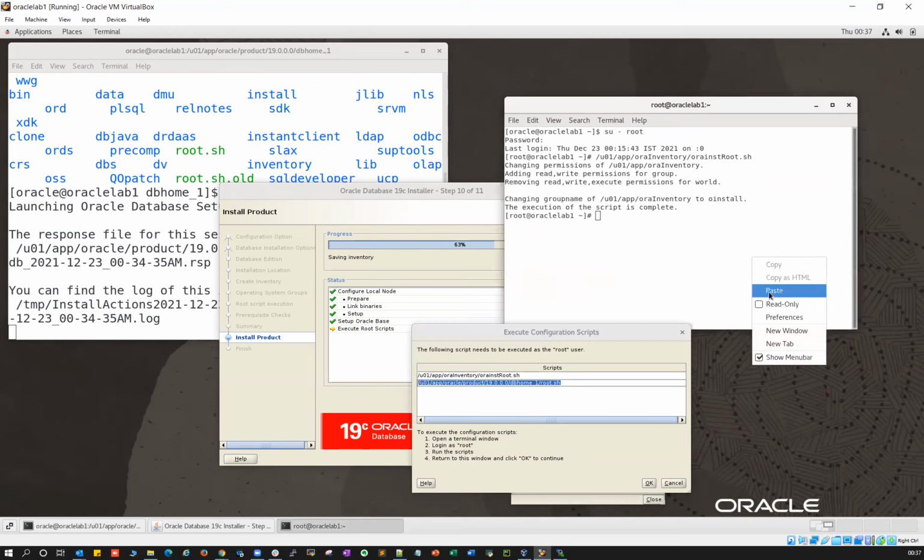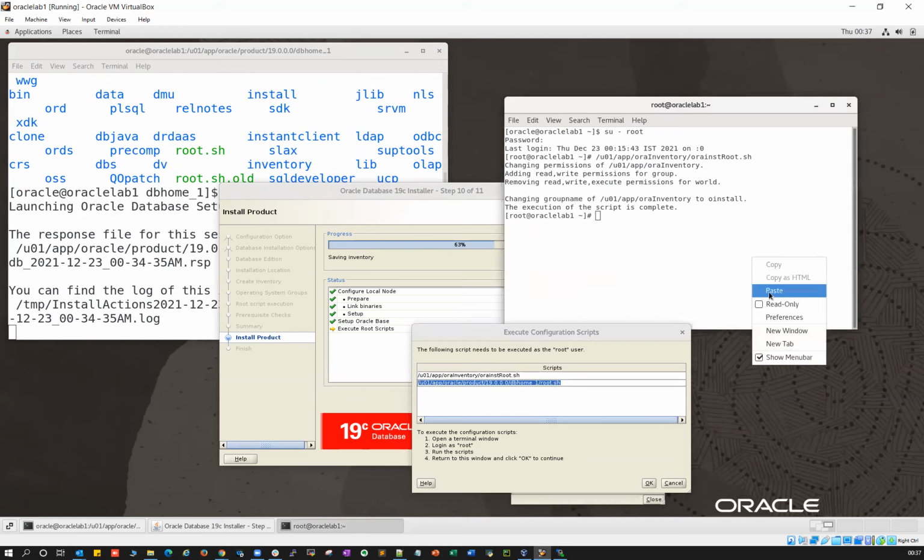So how can you verify whether your installation was successful or not? One way is to cat /etc/oraInst.loc. That will tell you the inventory location.